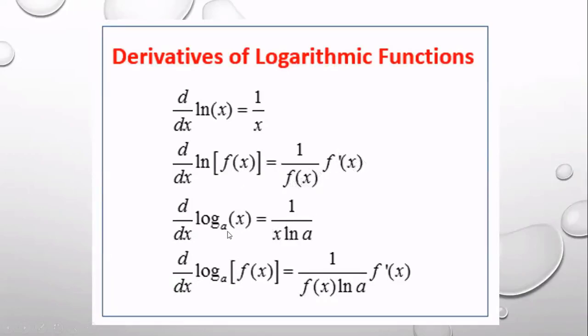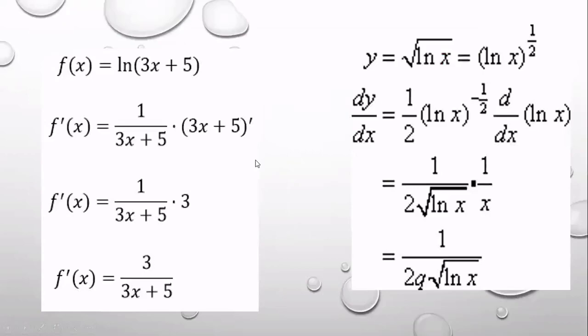So here, the derivative of a to the x is a to the x ln a; that is what you want to prove. The same equation you want to prove. These two are very important. You see, multiply by 3, then 3 comes out. ln is 1 over x, that's why 1 over 3x plus 5. The inside function you differentiate, into 3, so 3 over 3x plus 5.